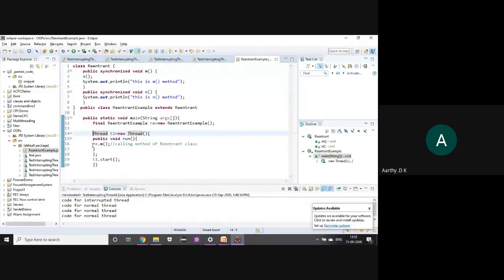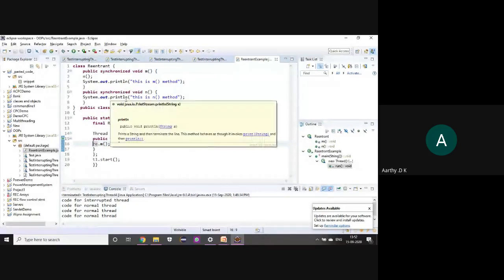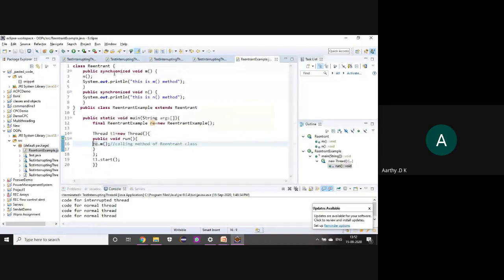So the function I'm calling here is yum. This is my shared resource. Next, in that I'm calling a function yen, which is again a shared resource, again a synchronized method. I am inside a synchronized method and I'm trying to access another synchronized method that also belongs to me, because both belong to this particular thread T1. So this thread has got access for M and has got access for N.